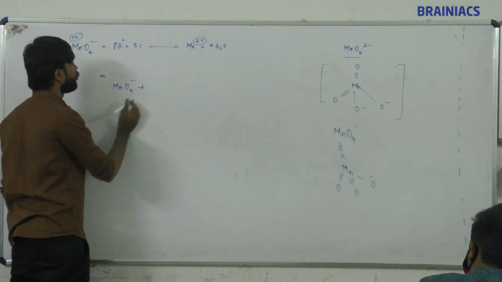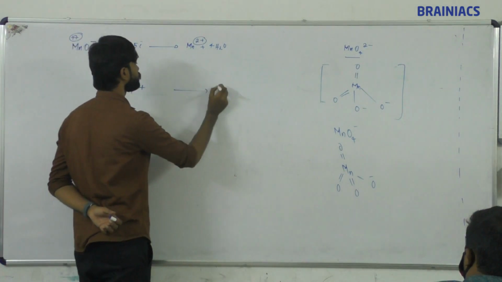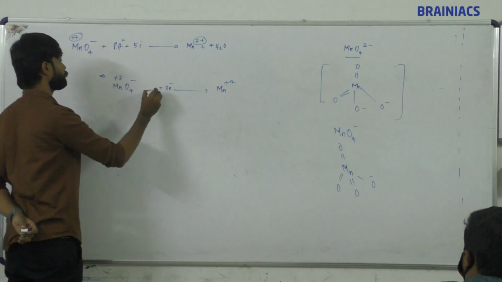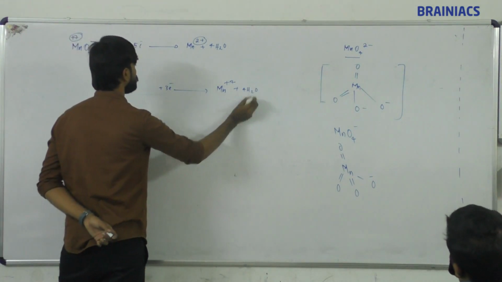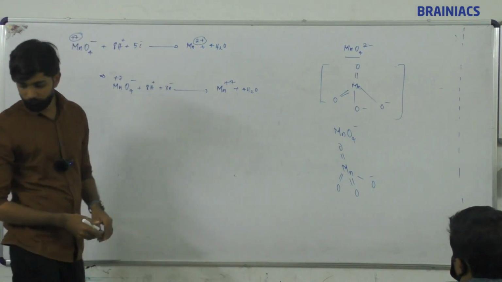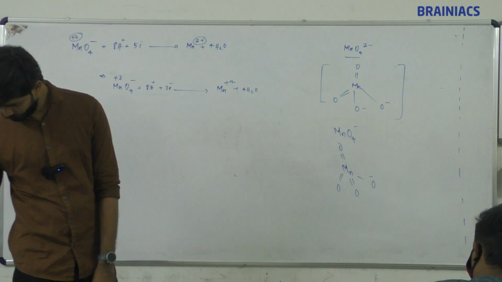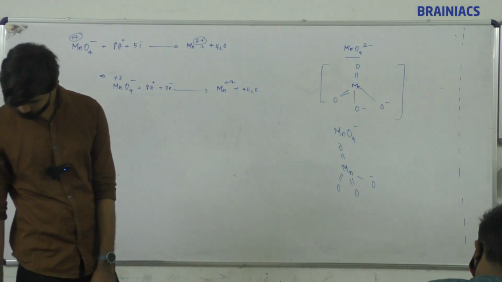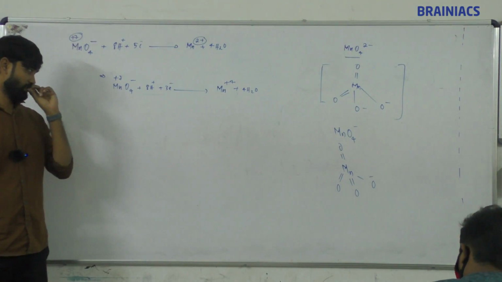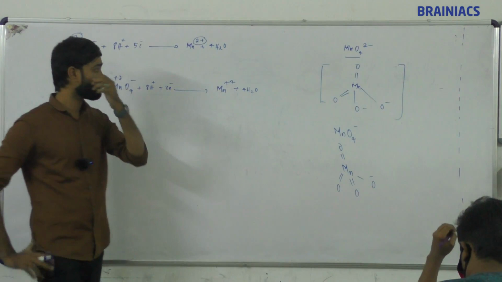MnO4 minus plus 3 electrons gives MnO2. Okay, example: